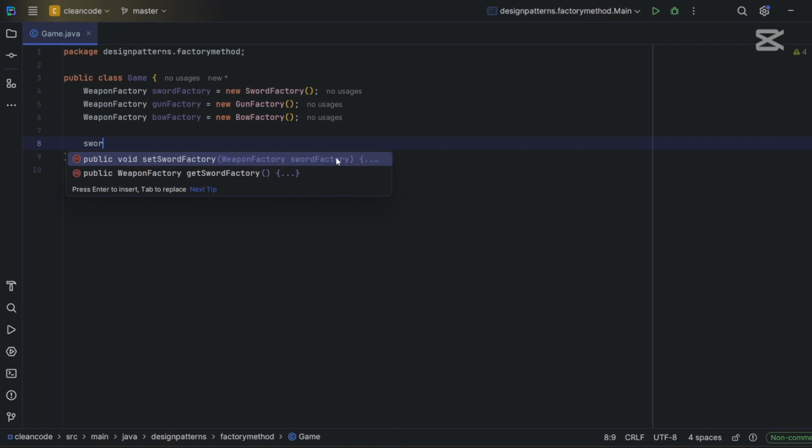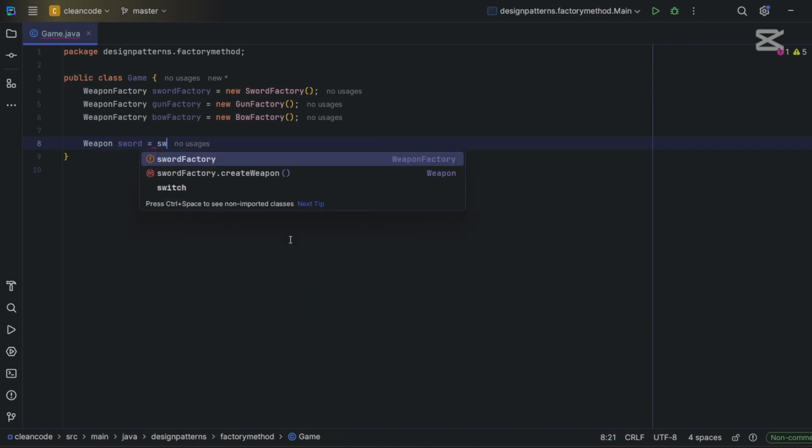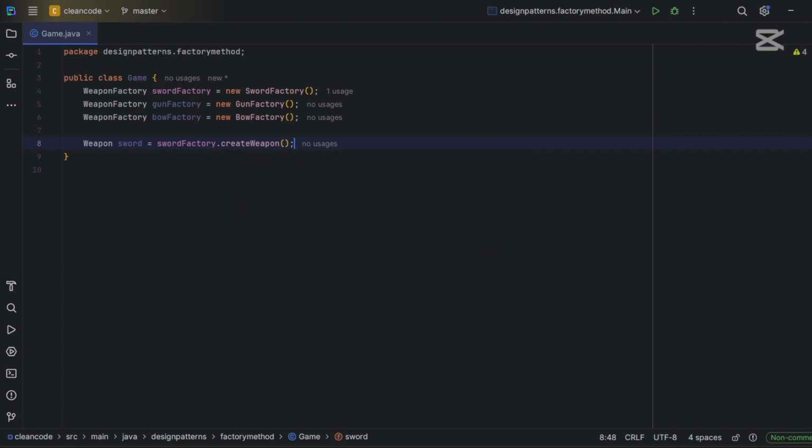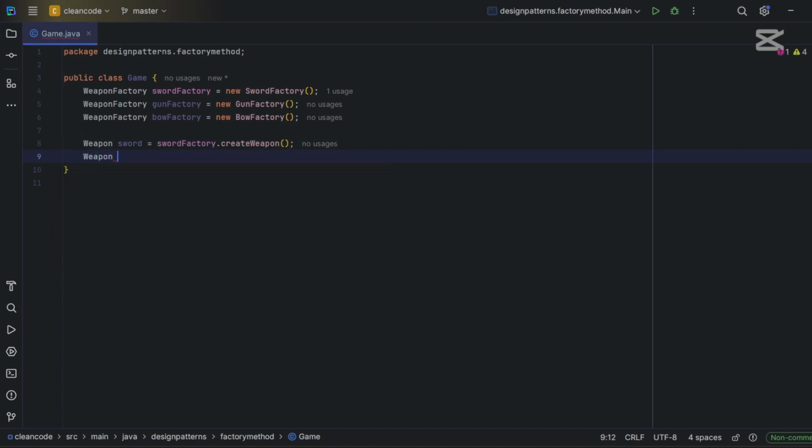Okay, so let's create a sword. So a weapon, sword factory, create weapon, and weapon, gun factory, actually gun, then we go to gun factory and create weapon, and the last but not least is a bow factory, create weapon. Okay, now we can use sword,